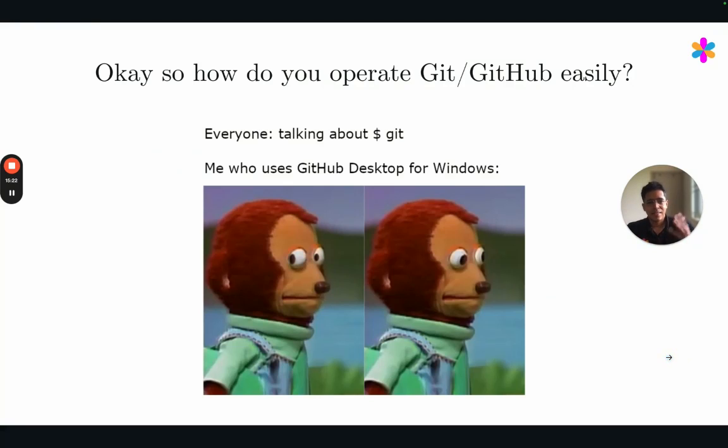Now, this is another meme that is my favorite because I personally don't use terminal for operating GitHub. I use GitHub Desktop. So I don't like to write terminal commands for performing certain actions in GitHub. I don't like to clone repositories by writing terminal commands. I don't like to push my changes by writing terminal commands. I don't like to create pull requests by writing terminal commands. Don't worry if you're not familiar with these operations, but all of these are well-defined operations which you can perform using just a single mouse click if you have GitHub Desktop.